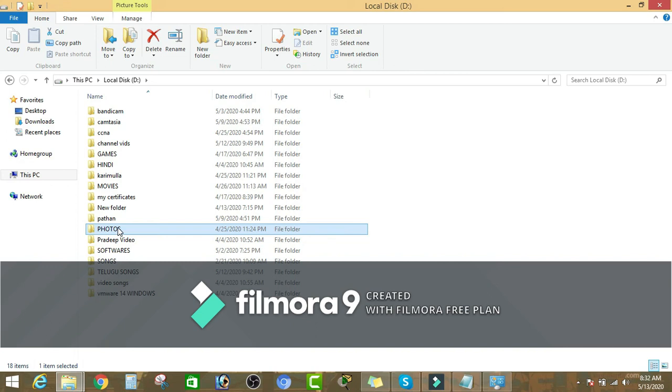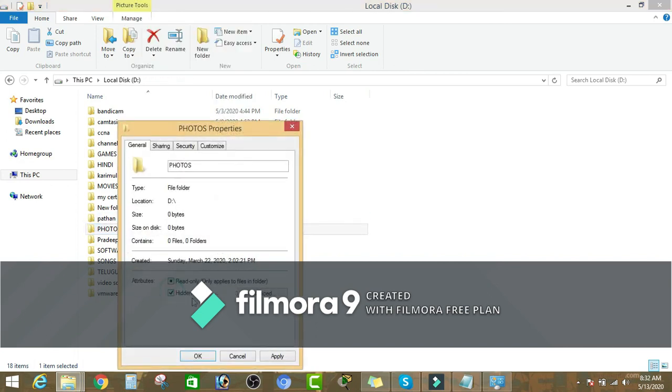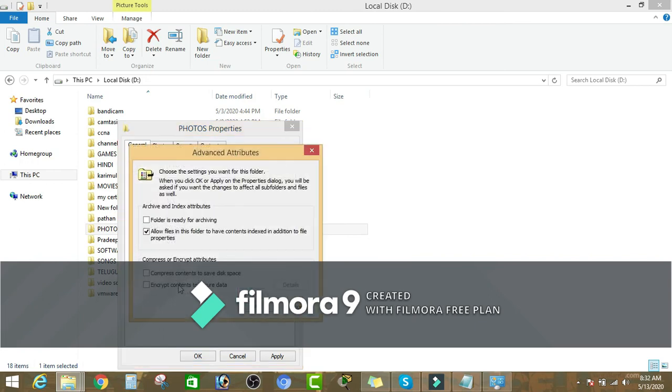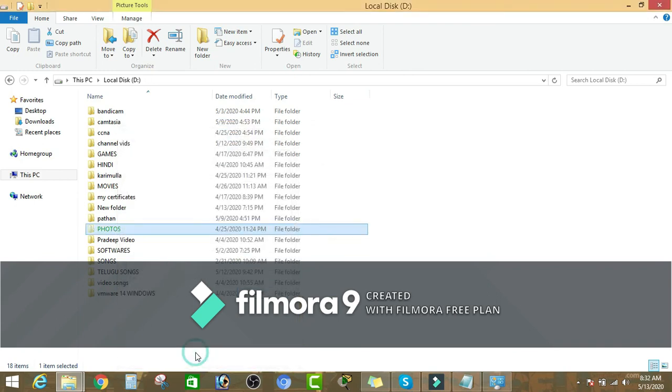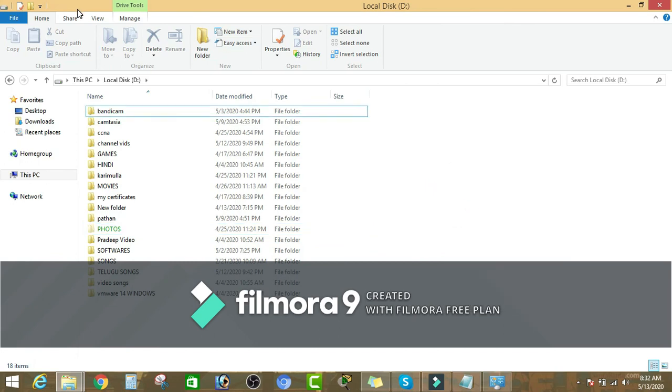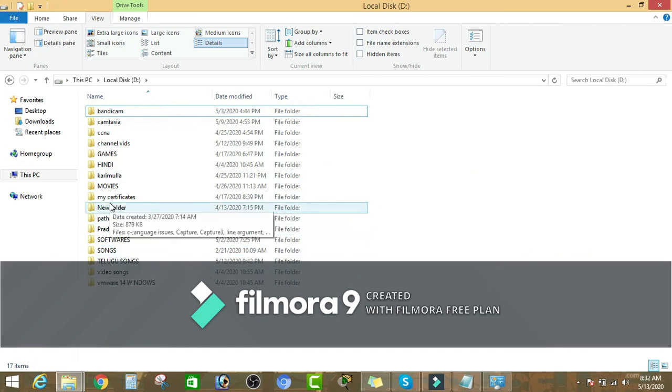Go to the folder, right click on it, properties, advanced, encrypt content to secure data. Okay, apply. Then go to view and disable the hidden items. You can see the photos folder has now gone to a hidden place.